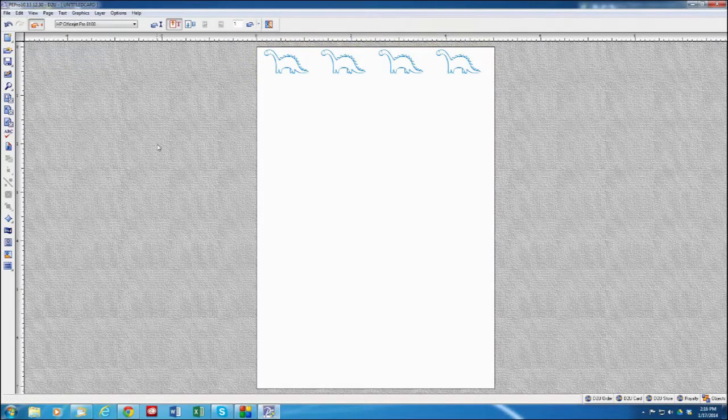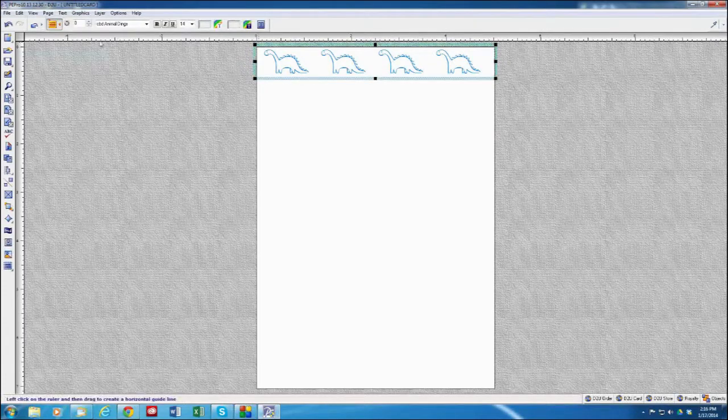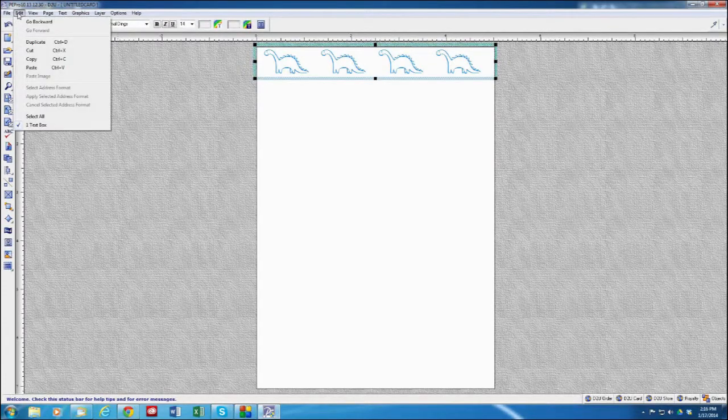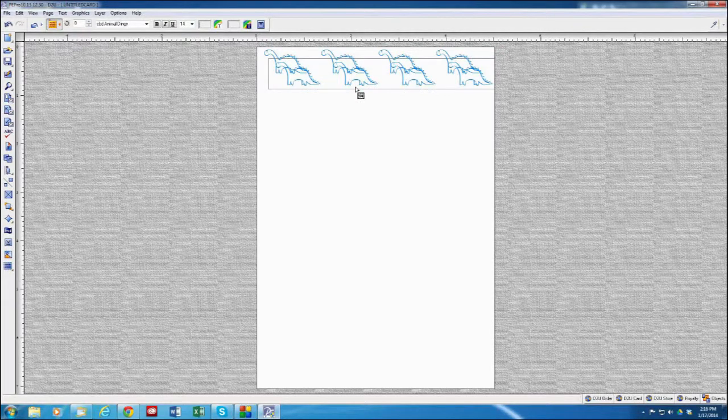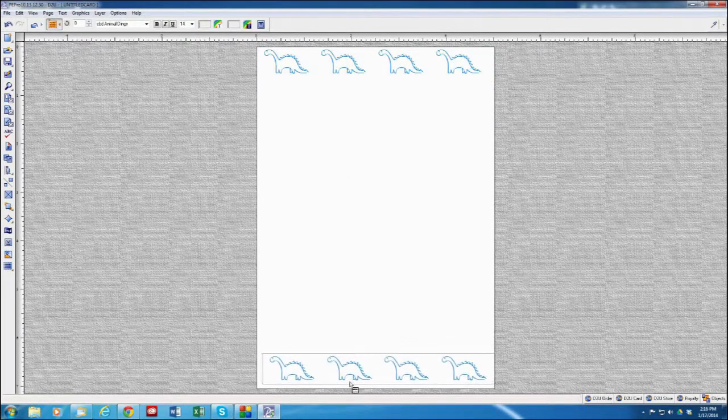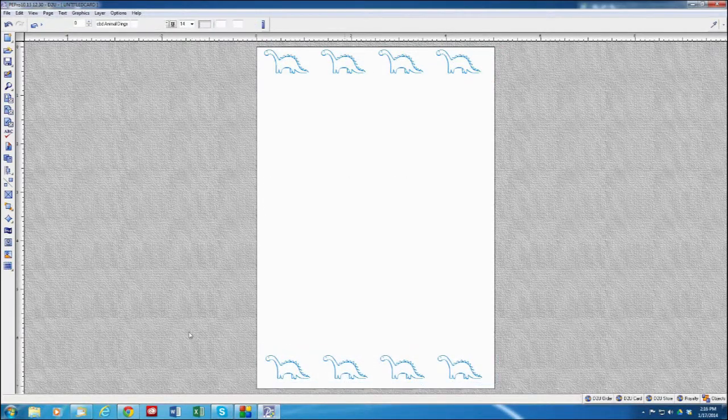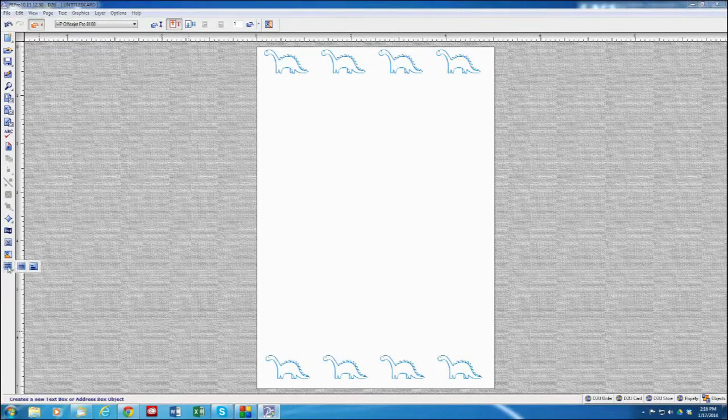Now I've got a dinosaur border at the top, which I of course can click on the border, make it active, come over here to edit, duplicate, and it makes a second copy of that, which I will drag down to the bottom. We could stop there, but of course we could also go further and add something as simple